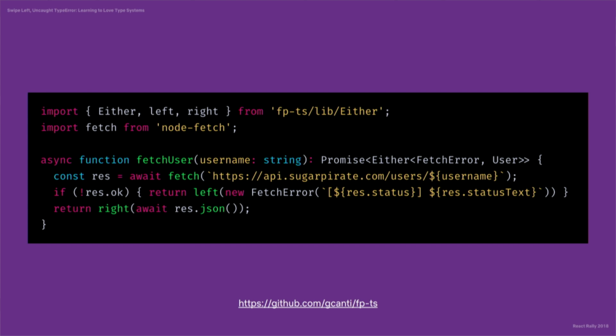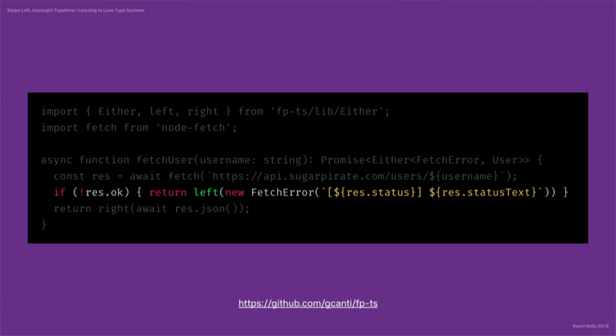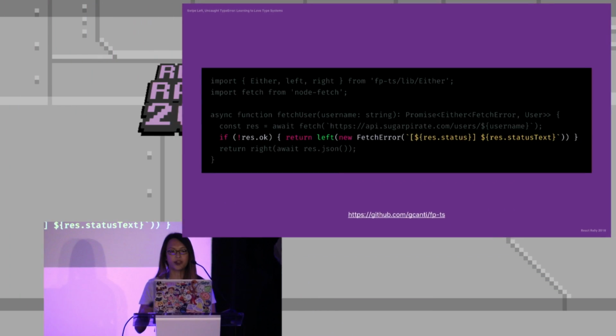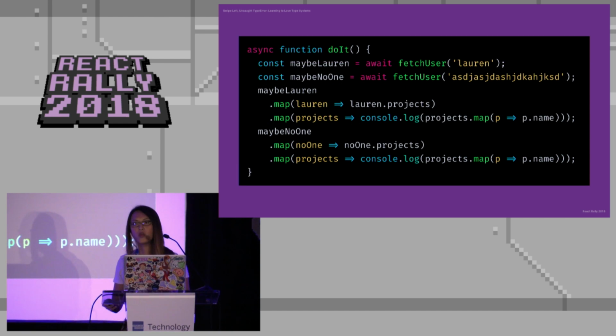Here's an example implementation or proof of this type signature. First, I'm going to fetch a user from my fake API, and then I'll return a Left representing failure if the fetch is not 200 OK. And I'm also going to pass this function an error object, which I can use later, and note that the error is not thrown. If the fetch was successful, it returns a Right, in this case, an object that matches my user interface. Now, when I use this function, note that whether or not it fails, the return value has a message that you can call safely. And this code that I have here won't cause any issues even if the fetch fails.